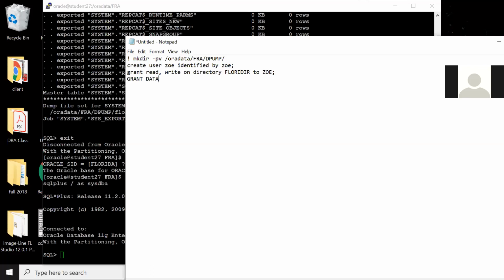So grant datapump_imp_full_database to Zoe. How about the grant connect? We don't do that? Yeah, we need to do that before. Let's just grant DB1 to Zoe. Okay, grant,